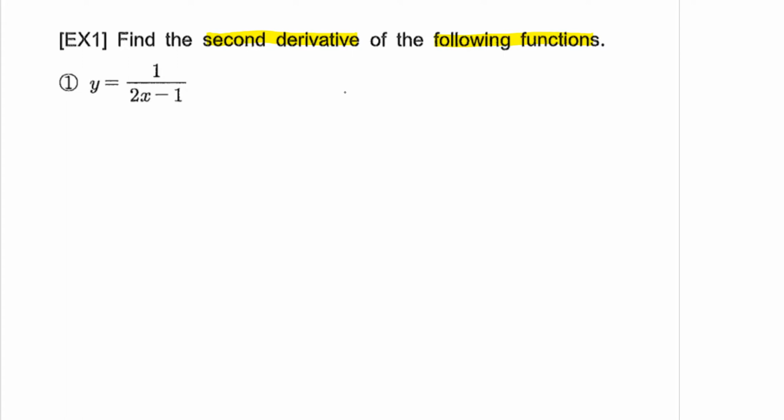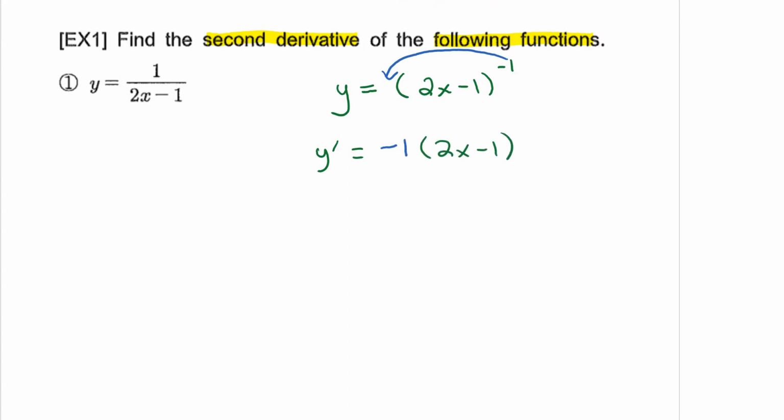And I recommend for this problem that you start by rewriting it as 2x minus 1 all to the power minus 1, and then you can take the first derivative. It's easier to take the first derivative if you write everything in terms of a power of negative 1. So if I take the first derivative, the negative 1 would come to the front. So negative 1, and then everything else would remain the same. It would be 2x minus 1, close the bracket, and then this power would go down by 1,